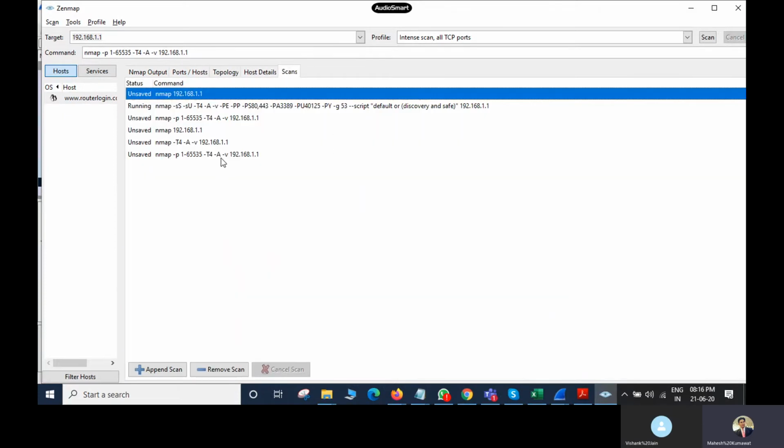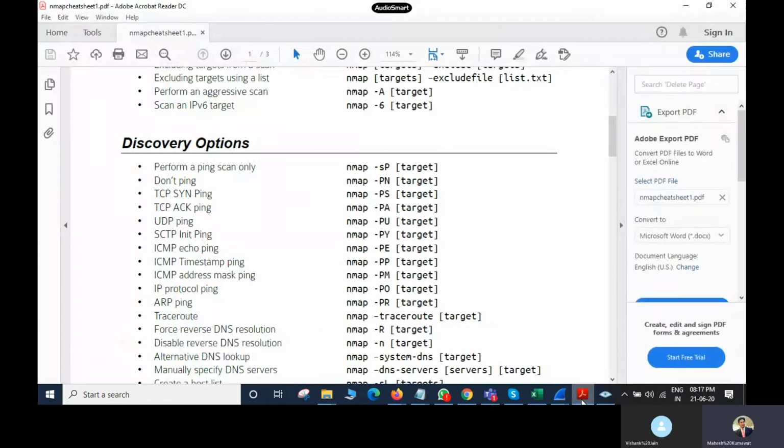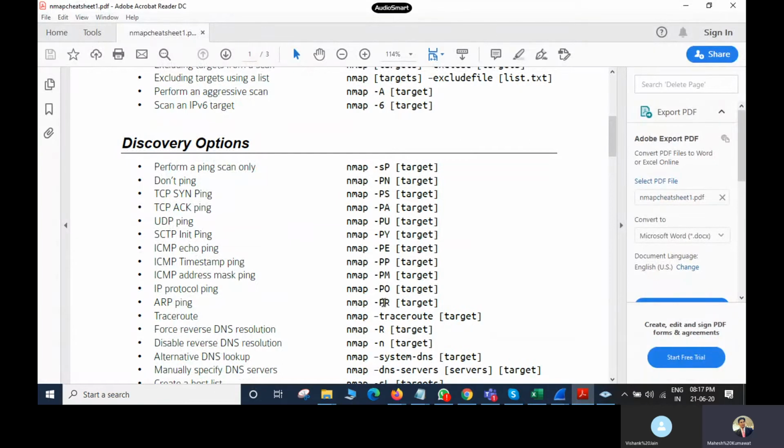And in this particular topic, my dear friend, this is all about the command lines. Zenmap or Nmap is nothing else, only the command line things. So I already provided different command line tools: Nmap -PE, -PP, -PO, -PR, --traceroute.